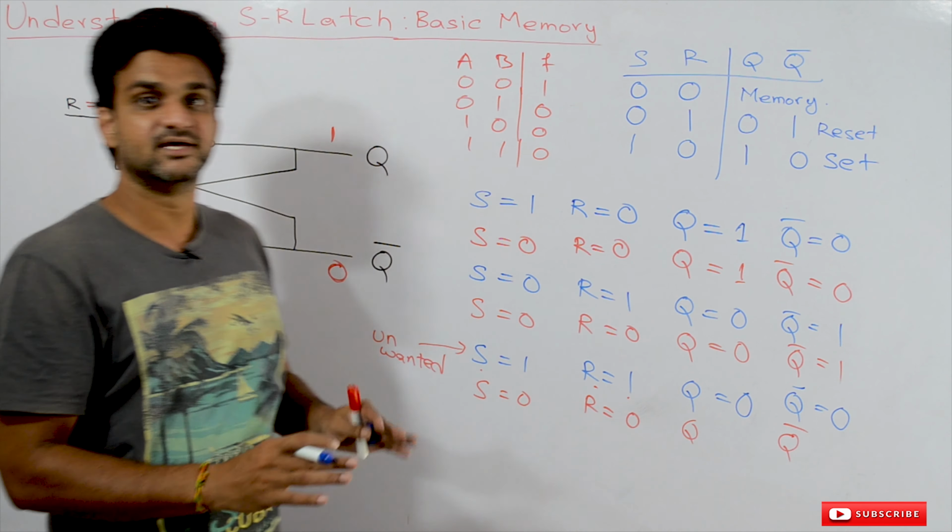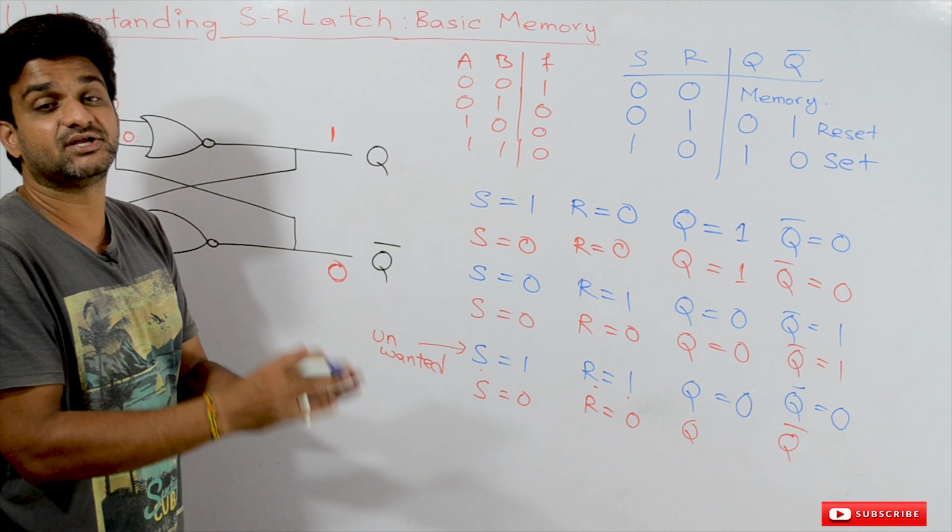Okay, so that is what you have to understand. This point is very, very important to understand. Whenever the value of S is equal to 1 and R is equal to 0, the circuit will be set to 1, whatever the previous inputs may be. It may be 1 0, 0 1, or 0 0. Whatever the inputs may be, the circuit will be set to 1. The memory will be stored with 1, which means the output is going to be 1.